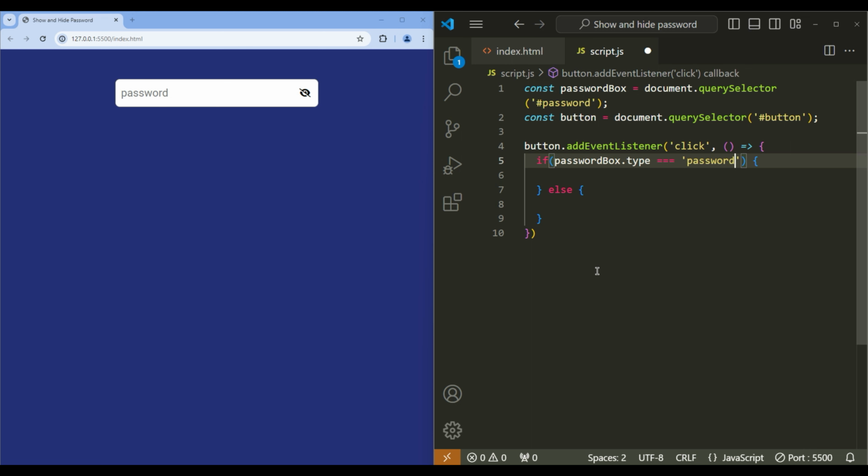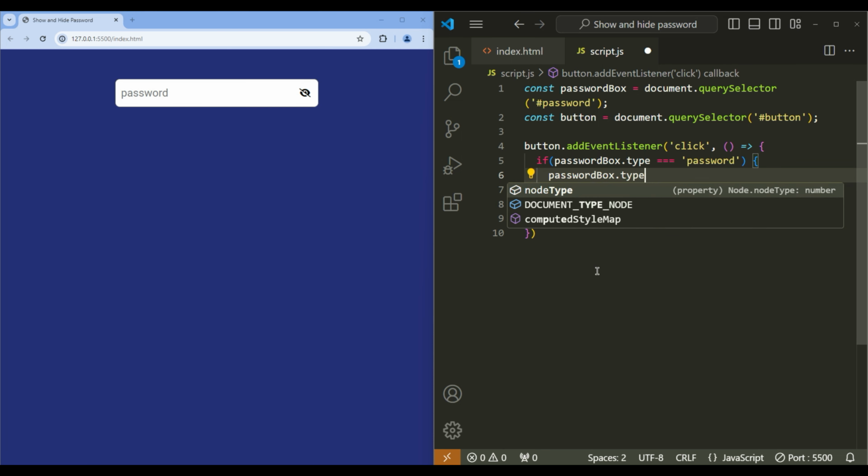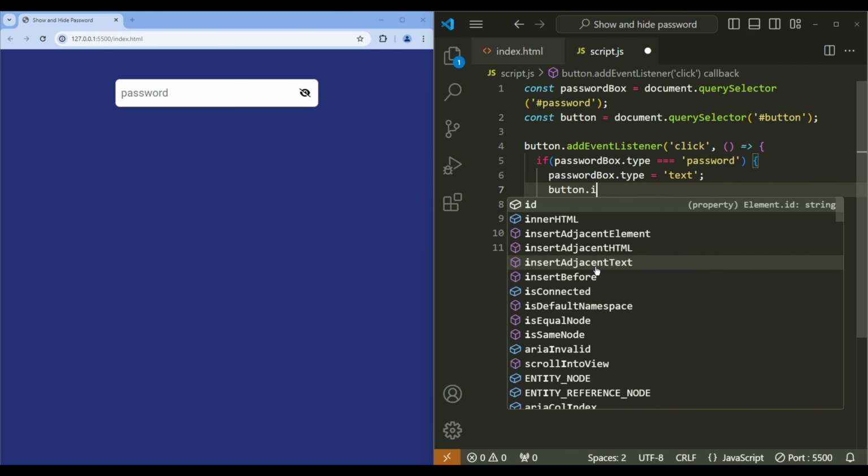If yes, I will update its type to a text. So let's use password box dot type equals text. We also need to update the icon of the button. So let's use button.innerHTML equals